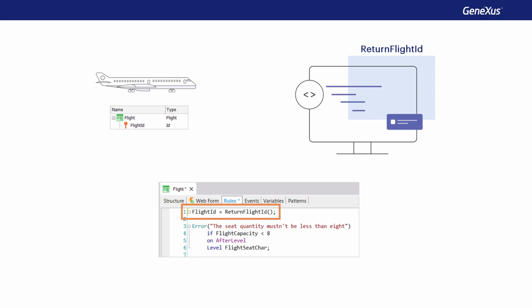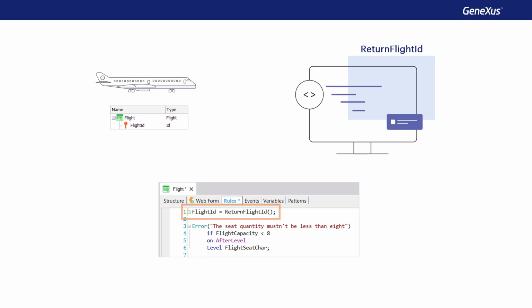It's also worth pointing out that if we were in the flight transaction in update mode, in other words, if the flight already existed and we were only modifying it, we would not be able to change the value of the flight identifier, as the primary keys cannot be modified. If we need to change a primary key, we have no choice but to create a new record with the new key value and delete the old one.